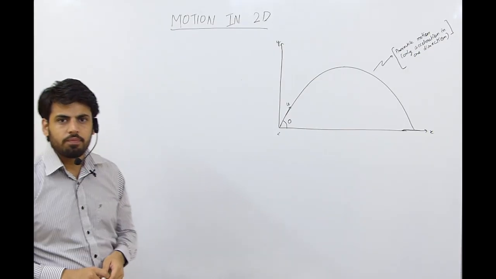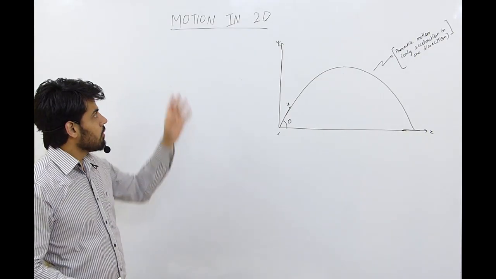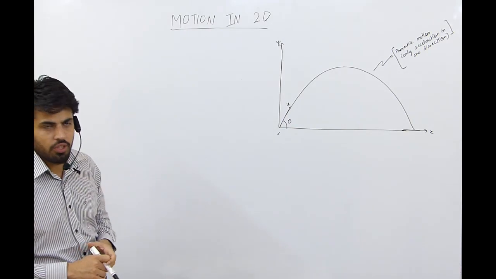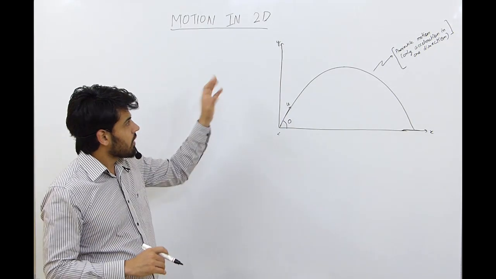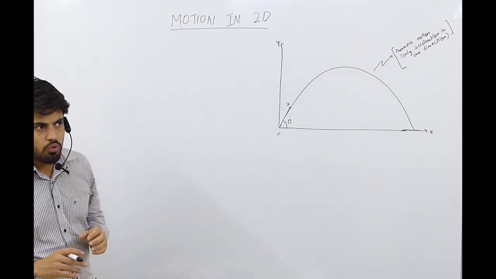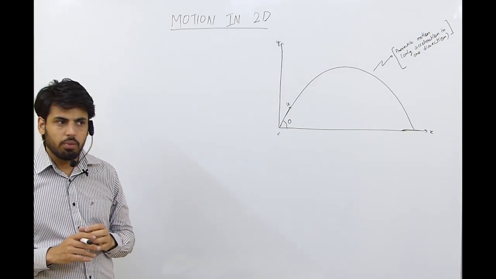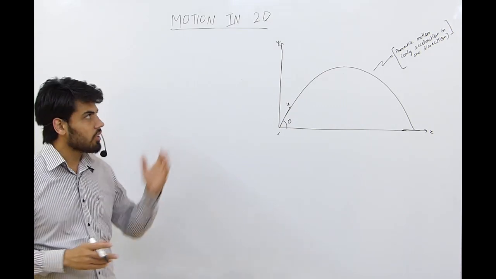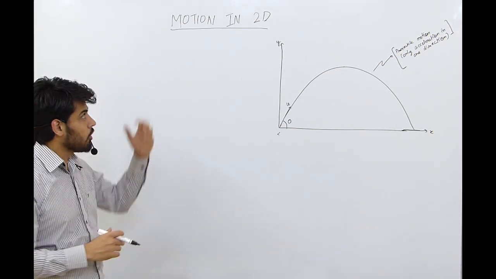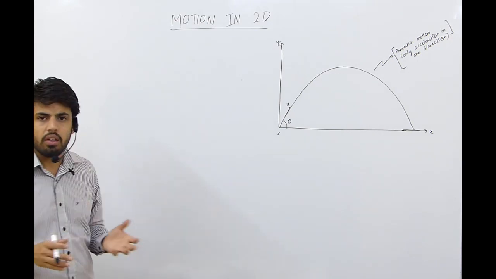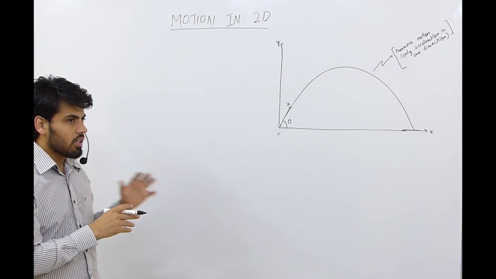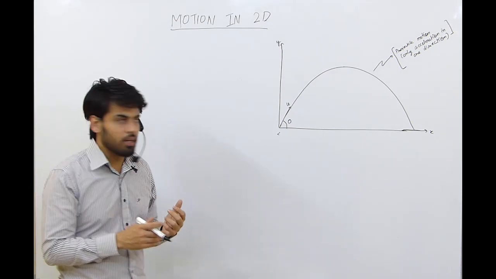गुड मॉर्निंग ऑल। तो आज हम पढ़ेंगे मोशन इन 2D, टू डायमेंशनल 2D motion. From the name it is very much clear to you that the motion which is being directed in two directions, that is known as 2D. In 2D case we will only take the x and y axis into the numerical consideration and all the explanation of each and every phenomena.